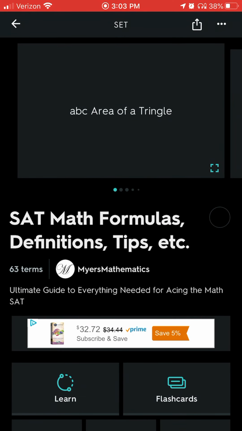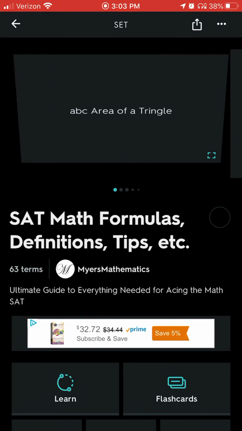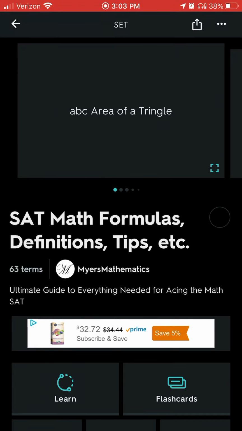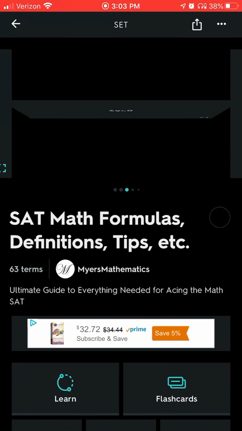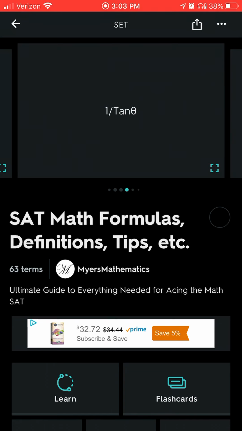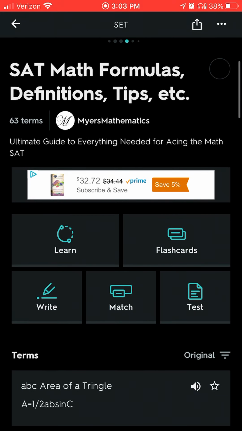So here it is. And at the top here, you can flip over. If you want to know what the area of a tringle is, it's 1/2 AB sine C. I need to fix that. I know how to spell triangle, I promise. So you can go in here and just flip your cards over if you want to do a real quick study. But what you can also do is go down here and click on Learn,